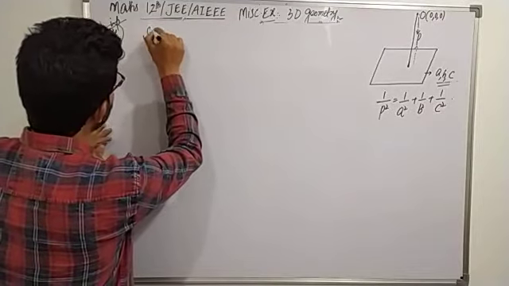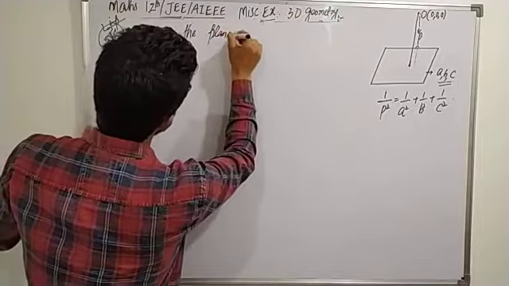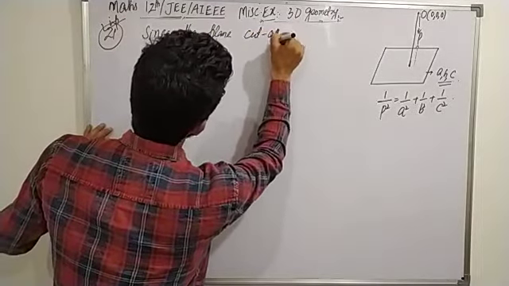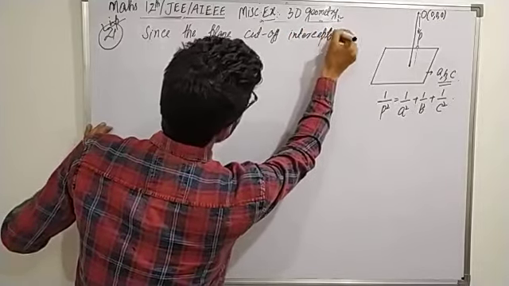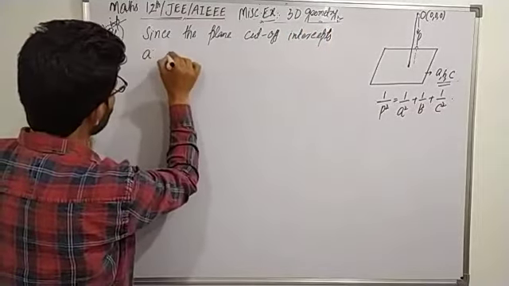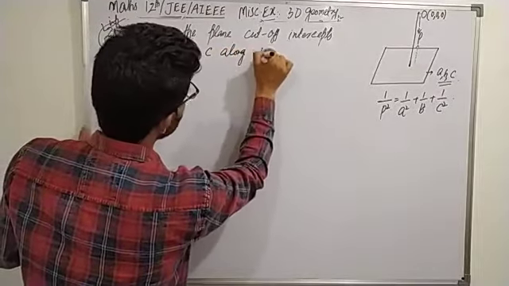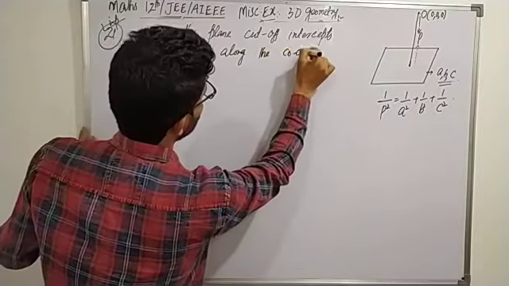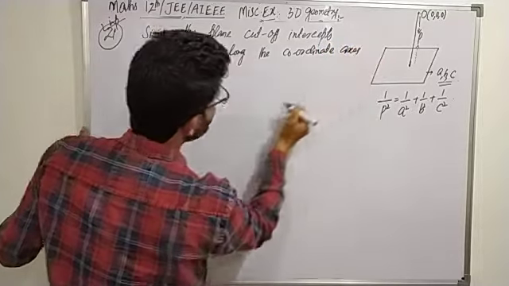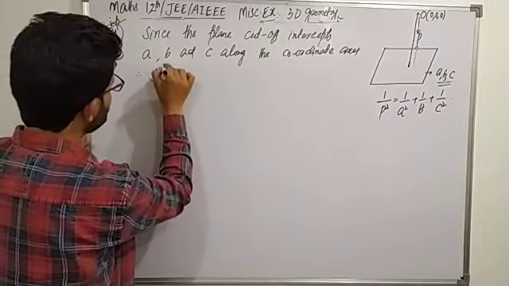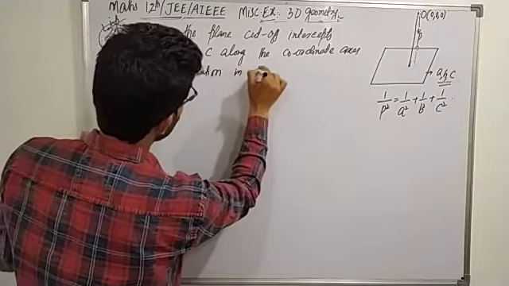Since the plane cuts off intercepts A, B and C along the coordinate axes, therefore its equation in intercept form is